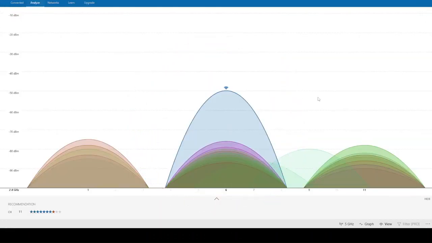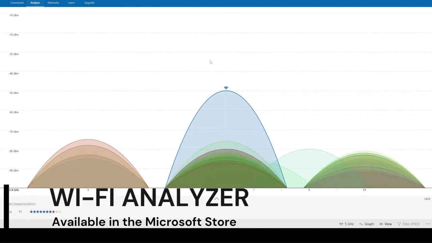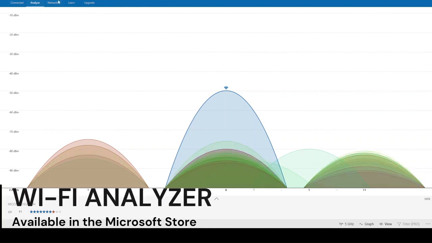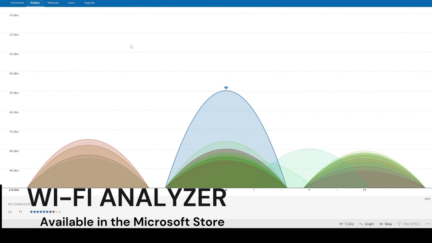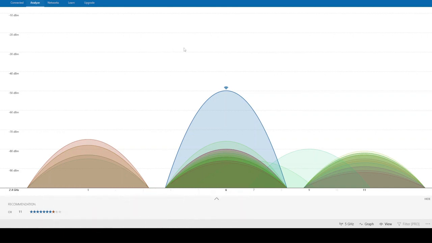All right, the next one, one of my favorite programs to use. This is called Wi-Fi Analyzer. This is available on Windows, and I believe it's available on Android and iOS as well. Basically, this allows you to analyze your Wi-Fi network in a totally different way. What I like about this is it shows how many people around you have Wi-Fi. It shows which channel they are using, because